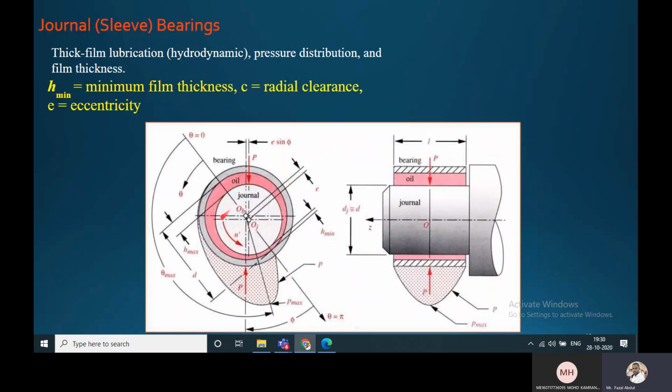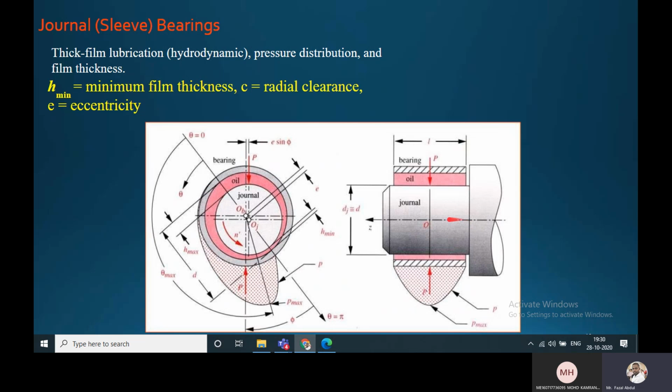This is also the same. The lubricating oil, see here, the pressure is building up like this, and this is the front view, this is the side view. Because of this pressure build-up, the fluid pressure is applied on the shaft. See this arrow mark. This pressure is going to apply on the shaft, and the shaft is going to lift upward. When it reaches the center, it is going to rotate smoothly. That is the phenomenon here.